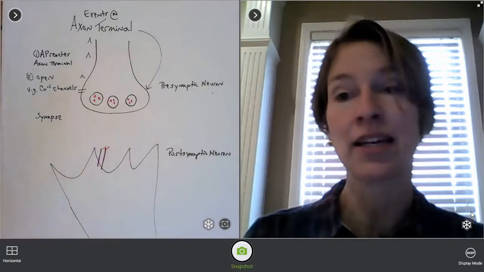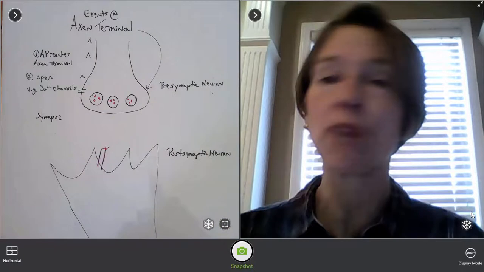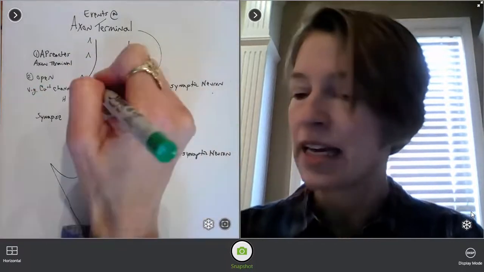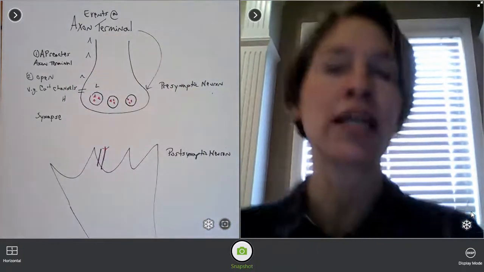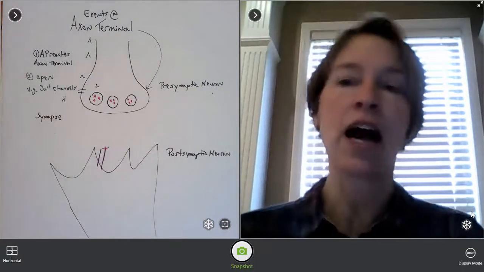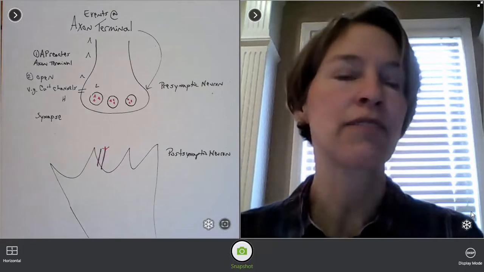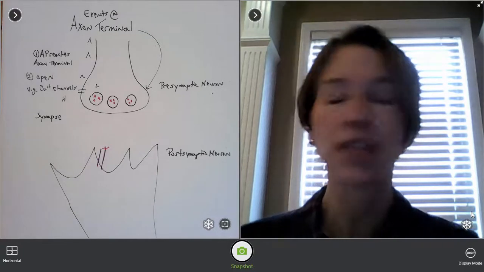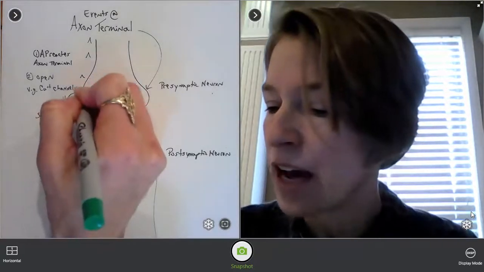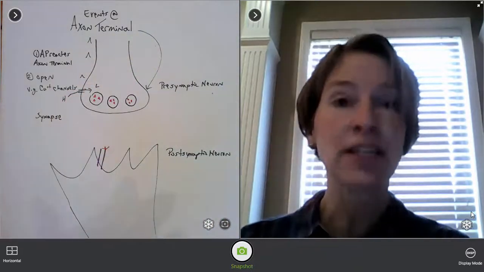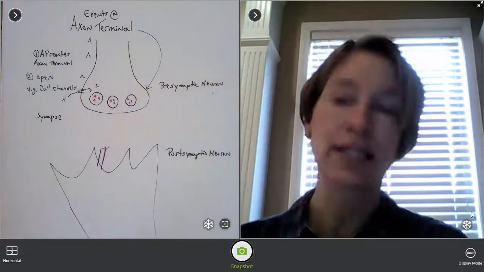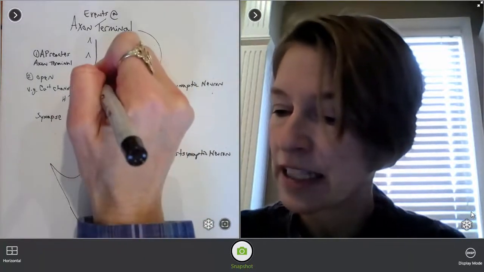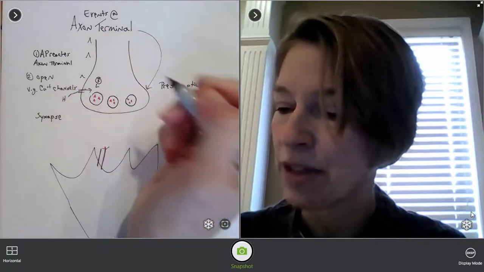You're going to see it right here. When the voltage gated calcium channels open, you need to memorize calcium is high outside the axon terminal and it's low inside. So if you haven't learned that ion, in addition to the high and low gradients for sodium and potassium and chloride ions, you need to. So when these channels open, calcium flows from high to low, and that calcium entering the axon terminal will trigger exocytosis. So I'm going to put that as step 3, which is actually occurring inside the axon terminal,